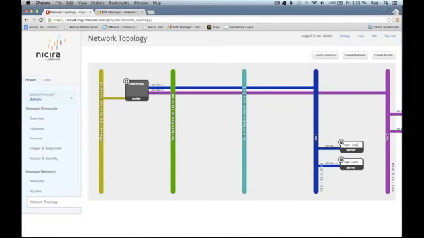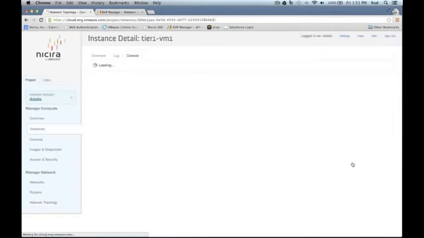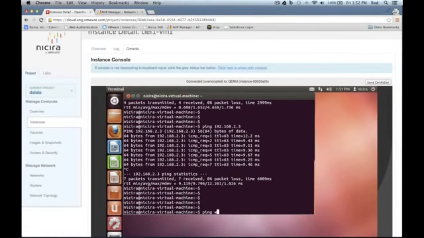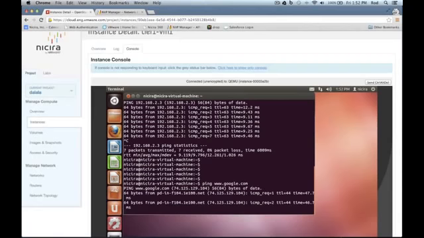So here we have our networking topology again, and once I set the gateway for this logical router, it has an uplink into my VMware Interconnect, and I have the ability to ping from my VMs through the interconnect router using SourceNet to the outside world. So let's go ahead and verify that as well. We'll go back to our Tier 1 VM1, and we'll make sure that we can ping to the outside world. Great, so we have connectivity outbound,